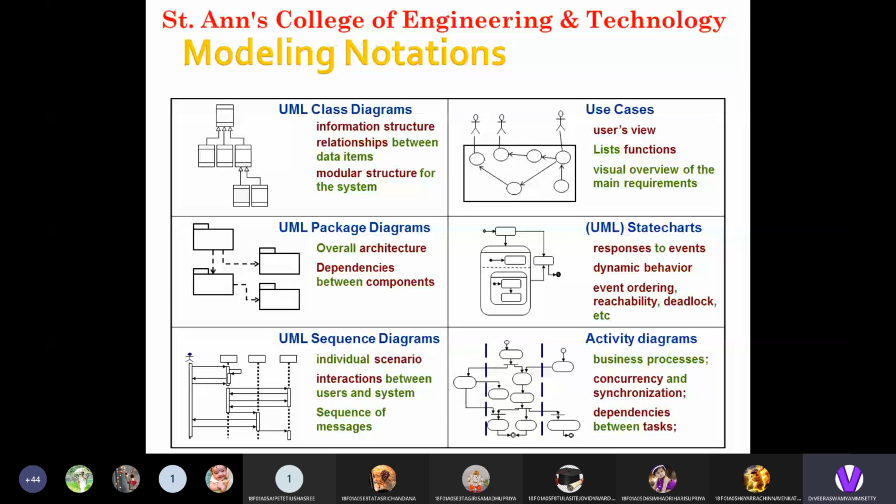UML sequence diagrams show individual scenarios, the interaction between the users and the system, and the sequence of numbering.